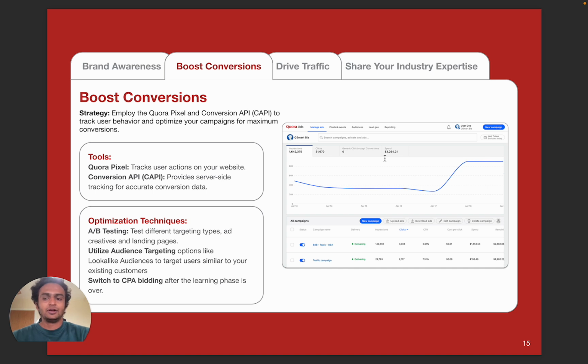For example, lookalike audience is a very popular targeting method for a lot of advertisers whose objective is to drive conversions. Now, when it comes to the bidding, you also have the capability to switch to CPA bidding. It can be an auto CPA bidding or a manual CPA bidding, depending on whether your campaign has recorded the minimum number of conversions. This allows you to control the cost per registration or cost per action that you're seeing on the platform.